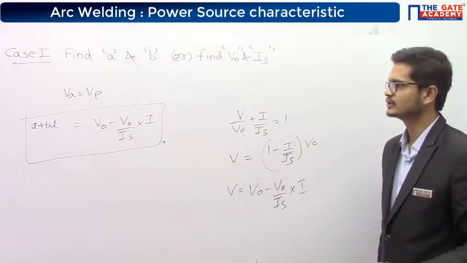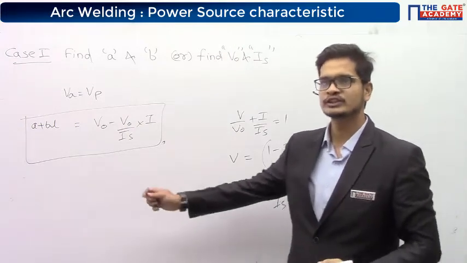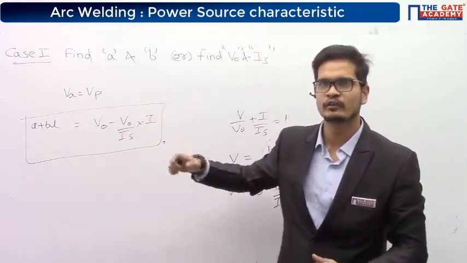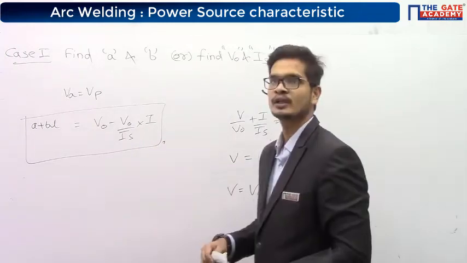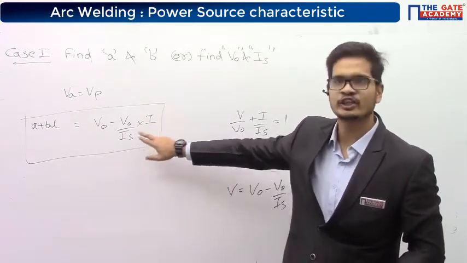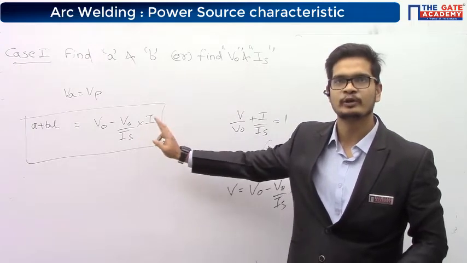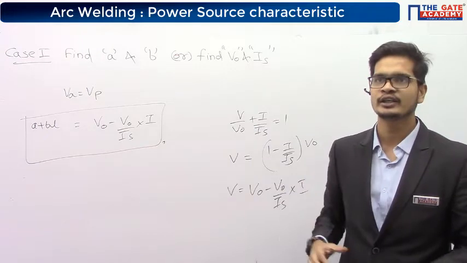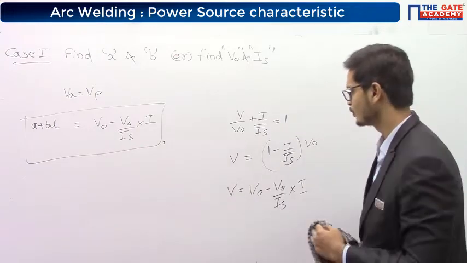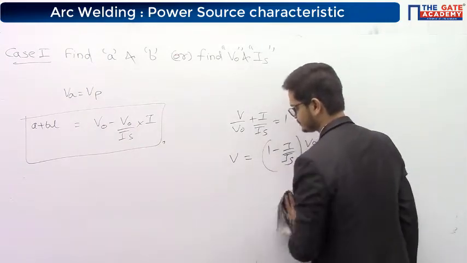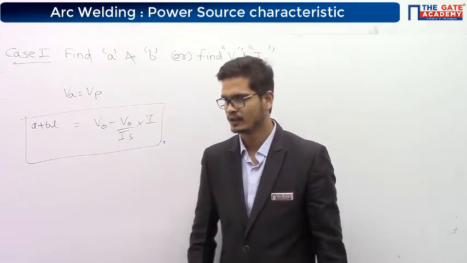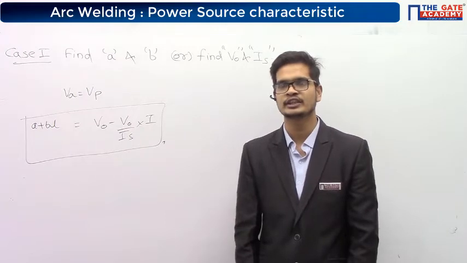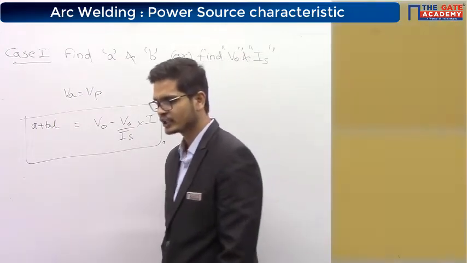Please copy this. They will give you the values, and you will understand better from the question. First copy this. You will be able to form two equations by using this, and when you have two equations, you can find the two unknowns. Copied? Okay. If you have copied this, you can have a look at the question on the secondary screen.